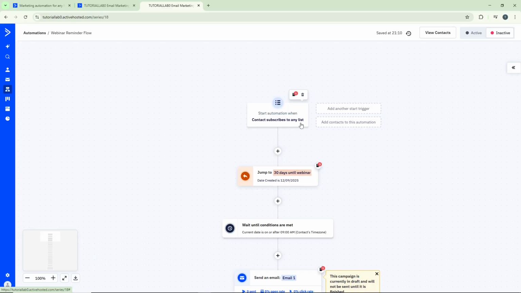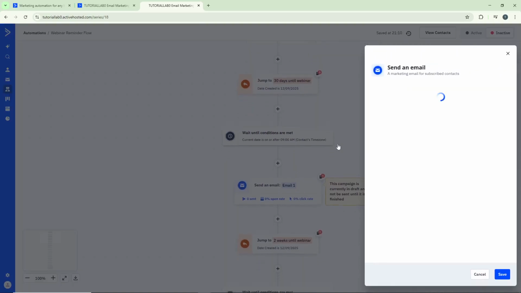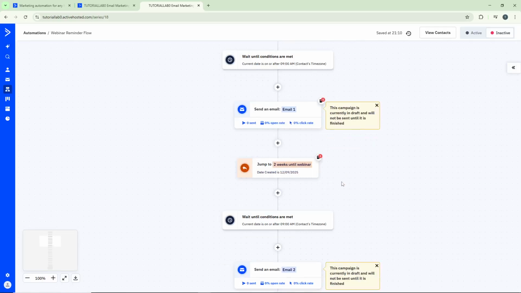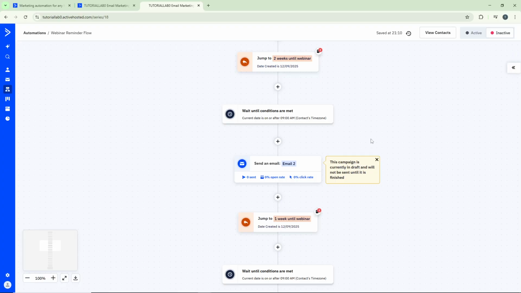Now you can edit the emails in your sequence. Click on each email action in the flow to customize the subject line, content, and timing. This is where you personalize your messaging to match your brand and webinar topic. You can also adjust the automation flow itself by adding or removing steps depending on how you want to engage